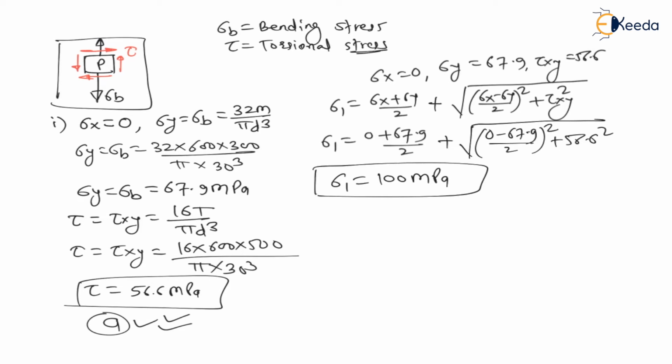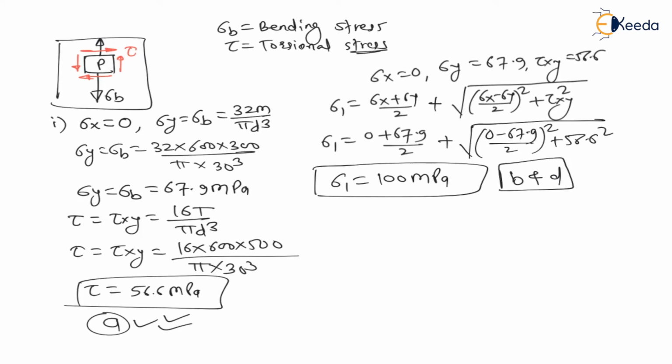It is 100 MPa. But along with sigma 1, now look at the options for question number 2. Option B as well as option D have sigma 1 equal to 100 MPa. Therefore, from B or D, there is a correct choice. But we have to find the orientation of this. So, go for the correct answer.